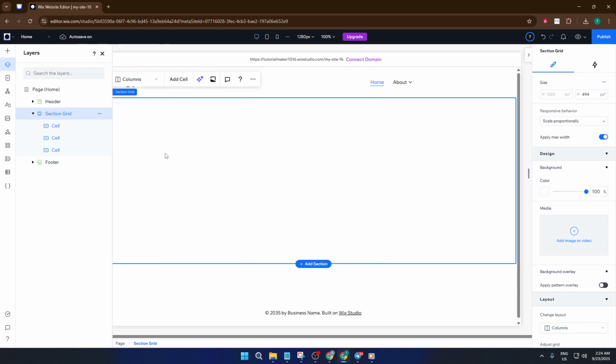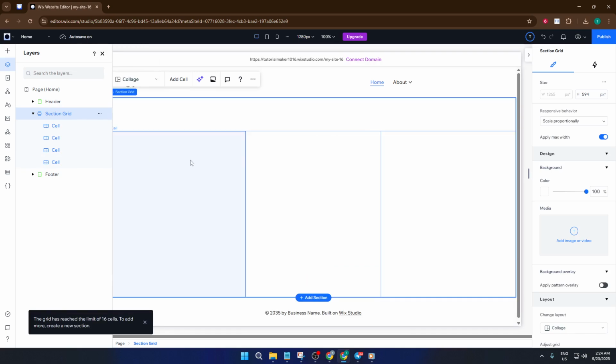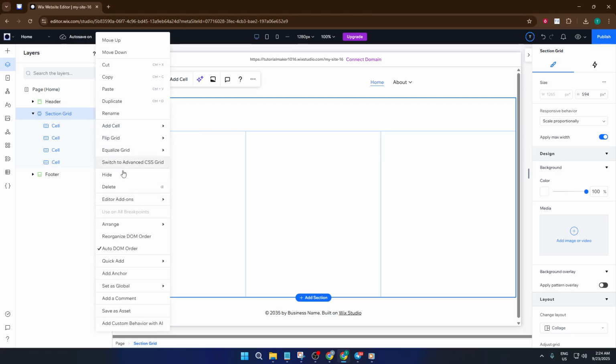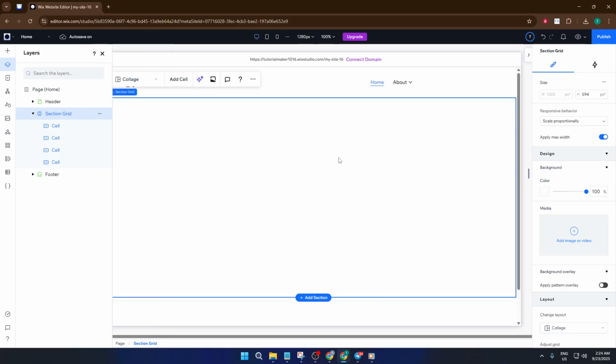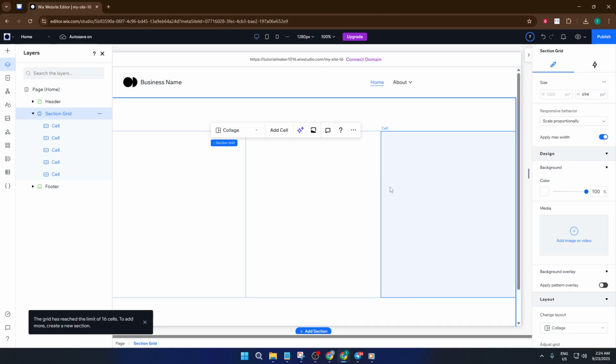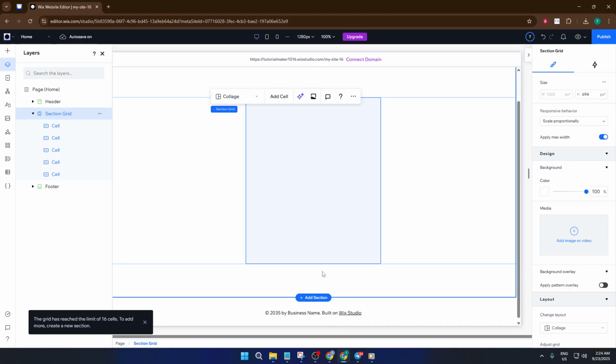Maybe you want a banner or a header right at the very top of your grid. After you've added the top cell, repeat this step and add a cell on the bottom. By building out your grid with new cells at both the top and bottom, you're setting up a structure that can easily hold a mix of content types and designs. It's like setting up shelves at different heights in a closet, letting you organize things the way that makes sense